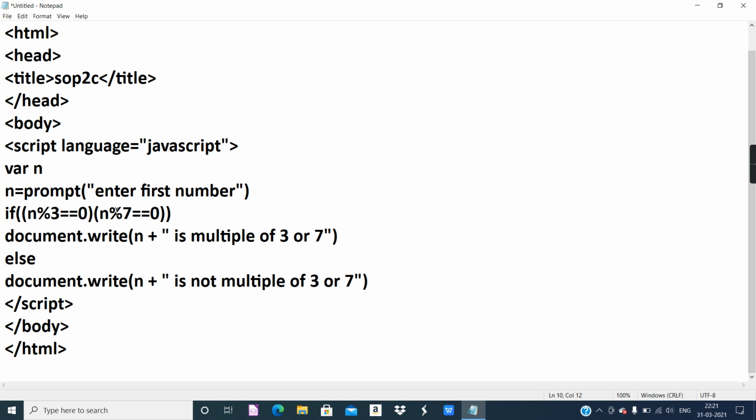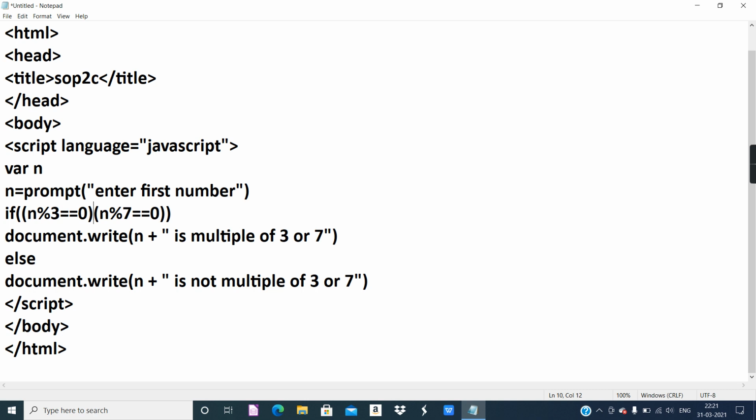Or the not operator, let me check how it's given in the lesson. I think I'm doing it incorrectly. Let me just check once again. How is the not operator given in the lesson? Not operator, okay, simply the exclamation symbol. But here for not equal to, I think you have to combine the is equal to also.